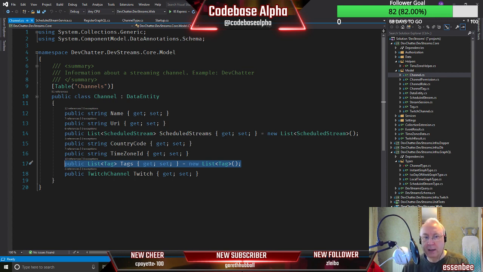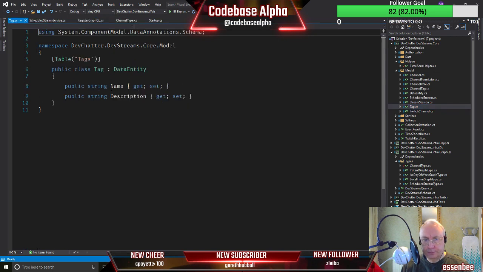So we've fixed up that, and now we're going to look at doing a bit more to build out this query. So we've got tags, and tags is a list of tag type. Let's go and have a look at tag, because we're going to need to model that.